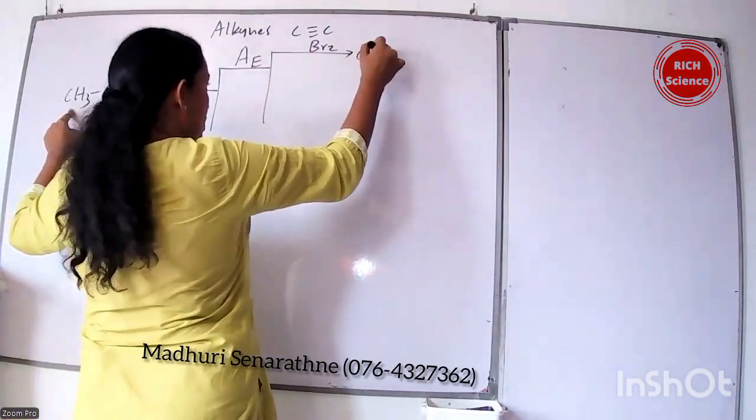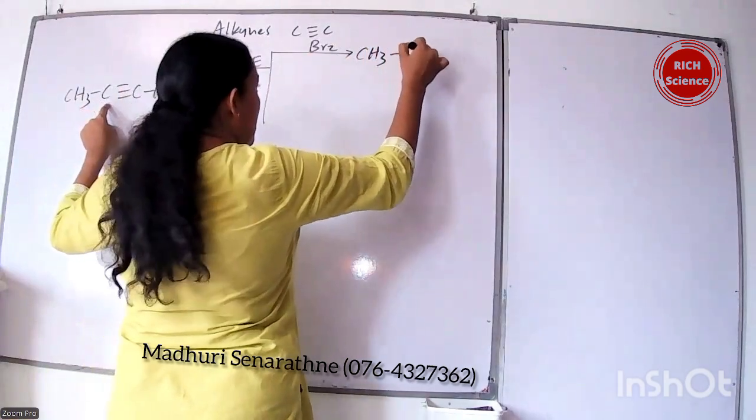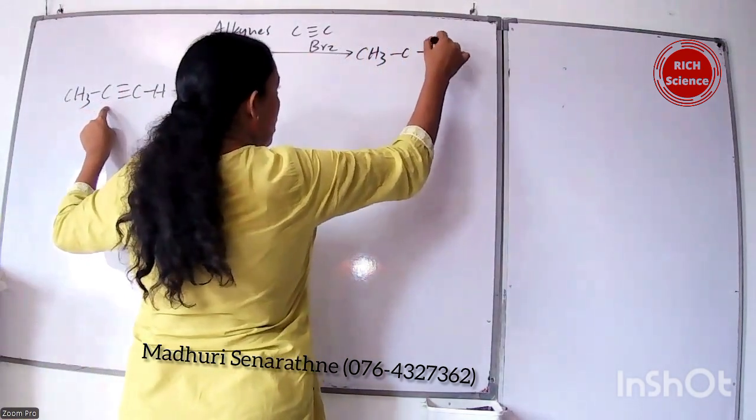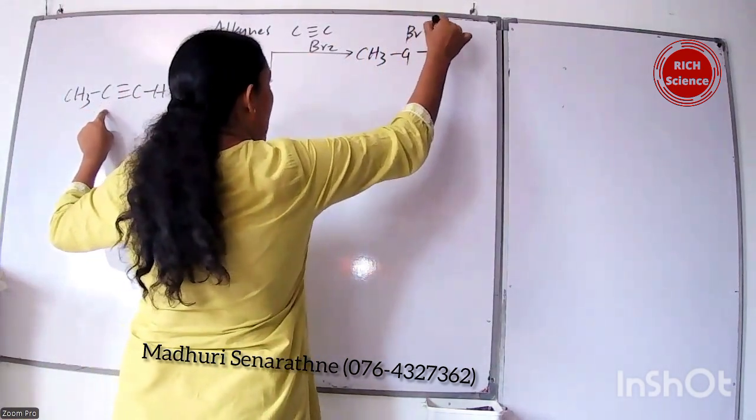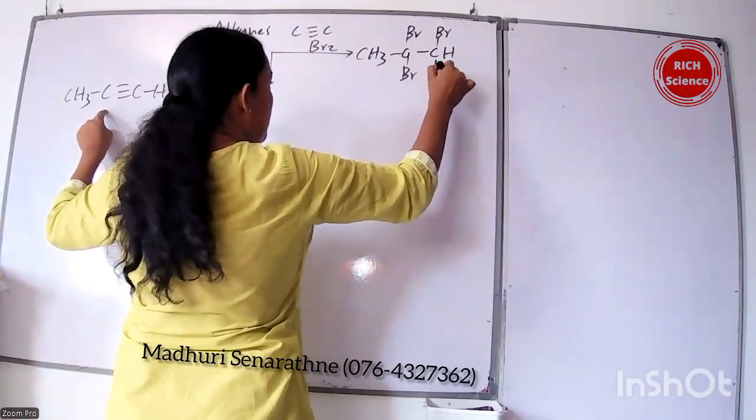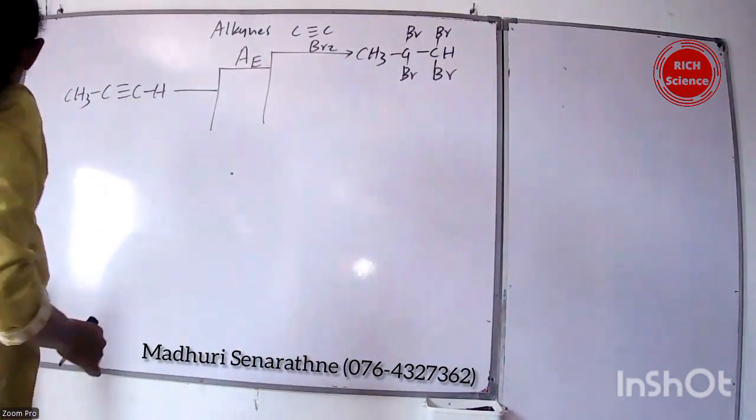CH3, C, CH. It should be like Br, Br, Br, Br. Then